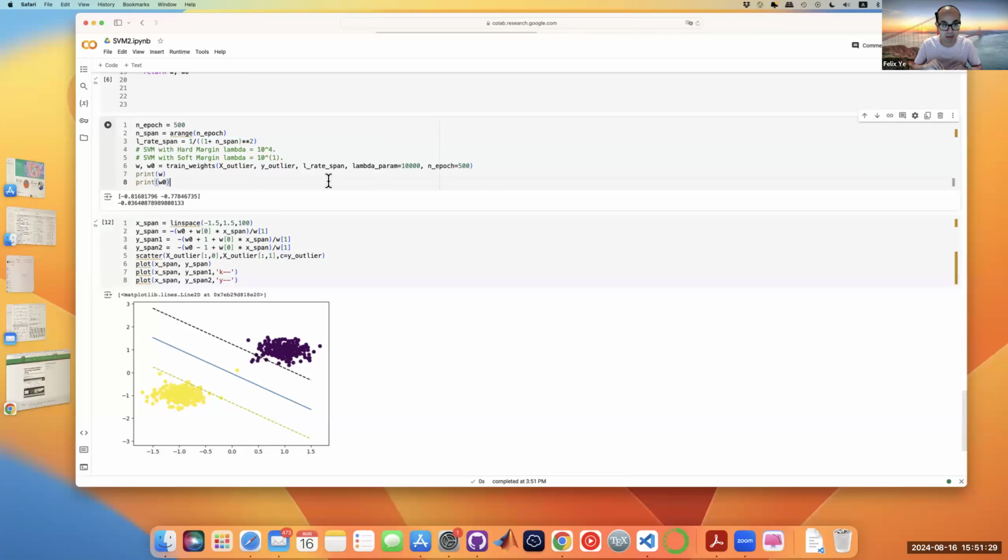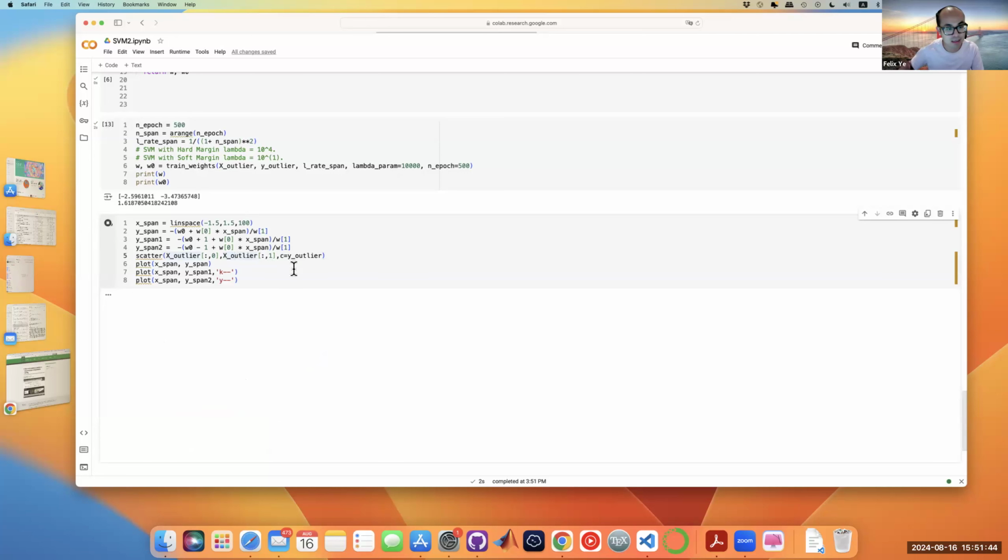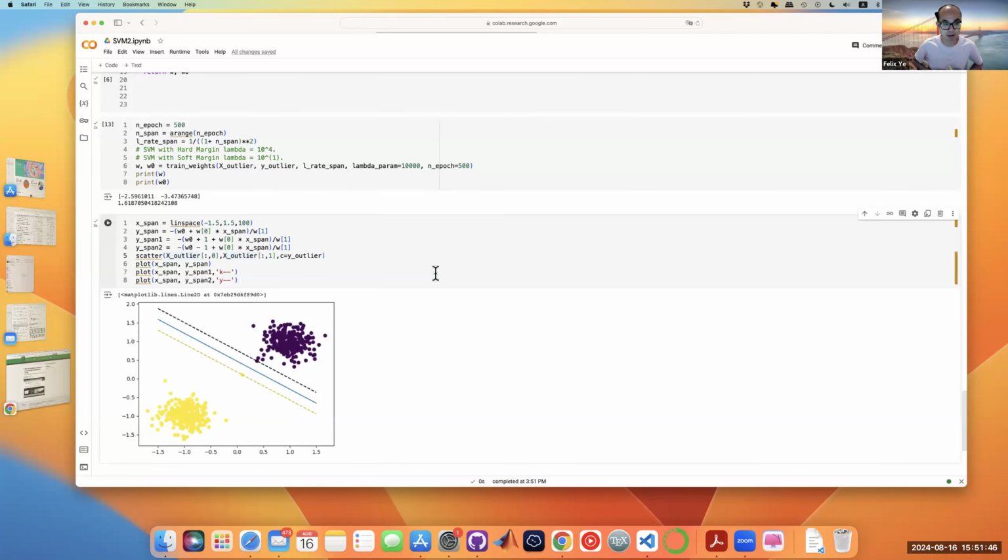So in some sense, that will be equivalent to say we want to work with a hard margin SVM. So if we try 10,000, you can see this actually perfectly recovers the hard margin SVM situation,